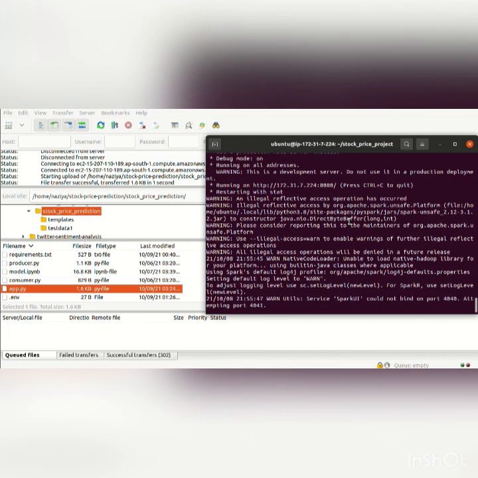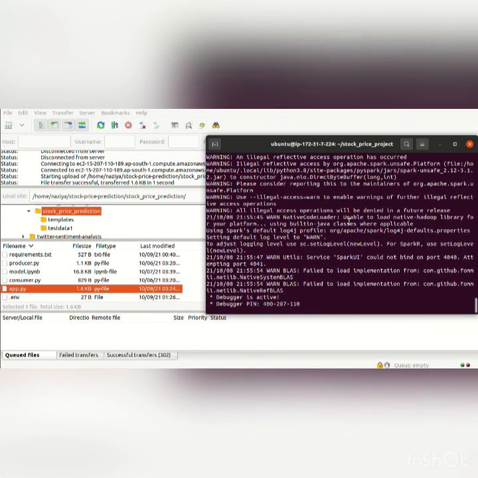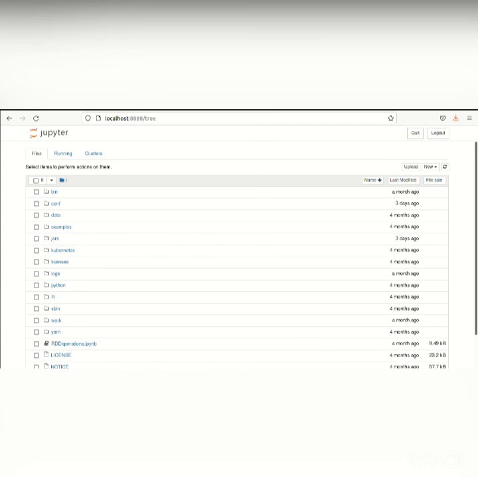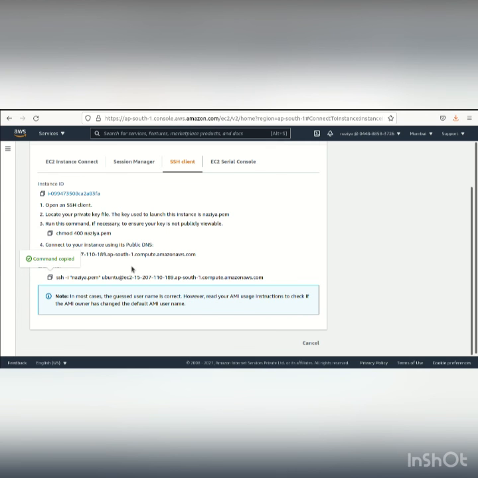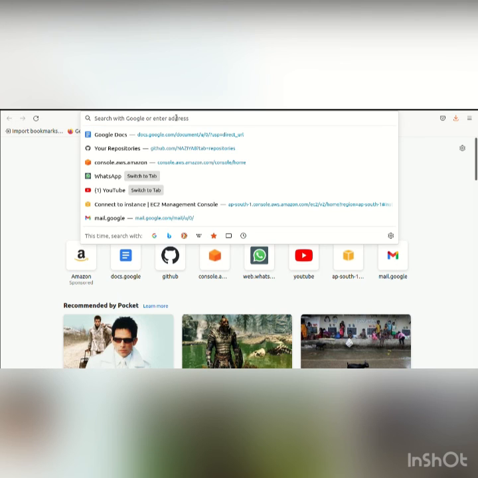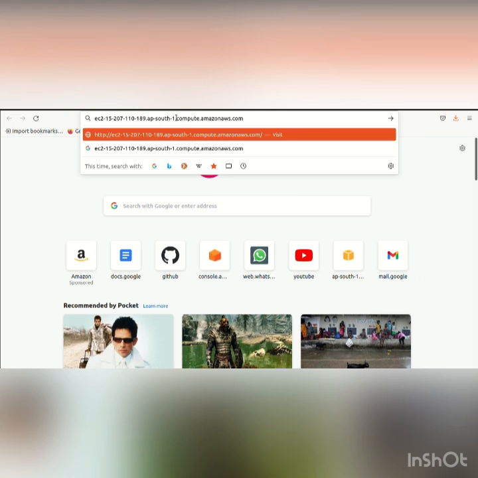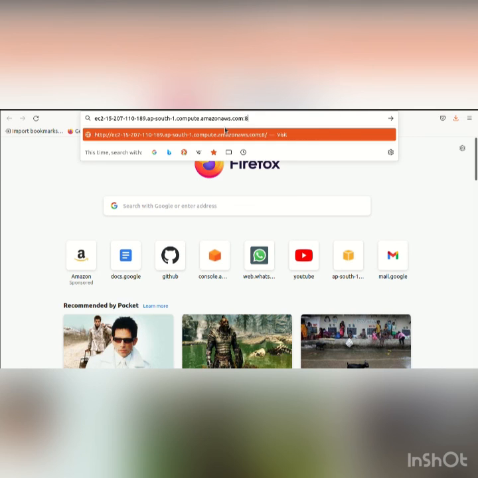So now it's running. What happened is I had by mistake put this, while dragging and dropping, into a different folder. So make sure you do it properly, or else you'll face some error. So now as it's running, we'll go to this web browser. We'll just copy this public DNS. We'll open a new tab, wherein we'll paste that URL, I mean this public DNS, and also we'll provide this port number which we have given in that app.py file.